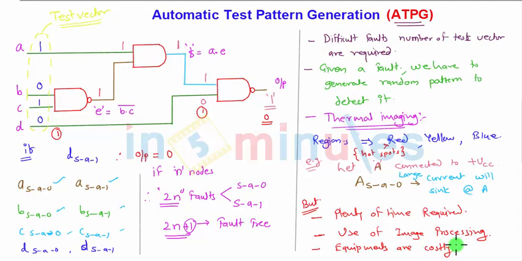So this is how you can generate the automatic test pattern. Random pattern generation is required for fault detection of digital circuits. What we need here is an algorithm, the code through which the test patterns are generated automatically, and they will test the circuit for you, and the time will be saved. So how the algorithm actually works, let us take a view of that.